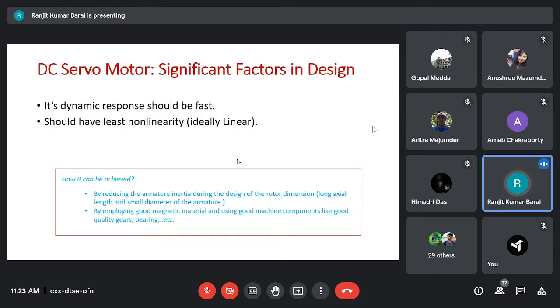So what is done as a designer? You should think to find out the alternative to keep the power output constant. The alternative is there, where the armature length, as I said, power output is proportional to the armature length. So you can increase the armature length. If you increase the armature length, then what will happen? The power output will remain the same,